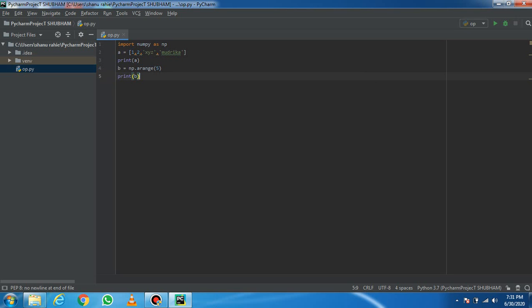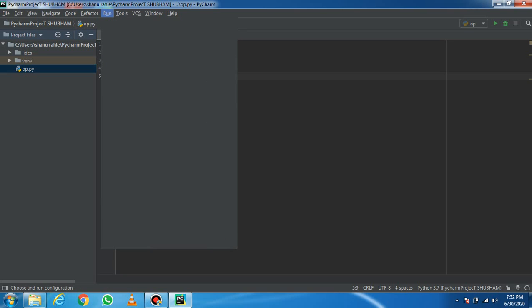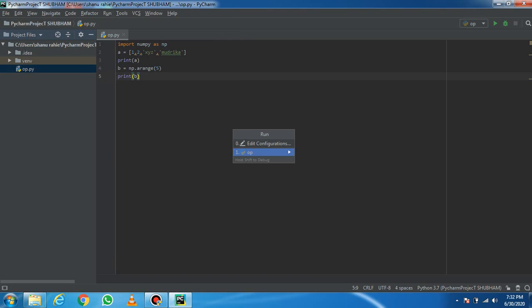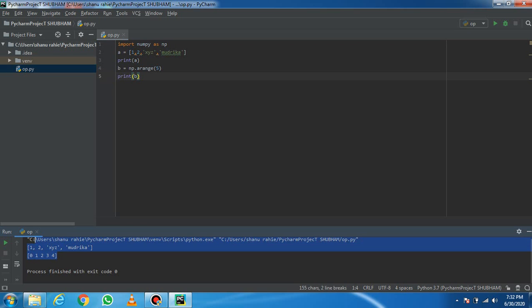I hope this is clear to you. So let's run this file. It's a simple dialog box there. In the third option you have to run this. You can use shortcut keys also, which are mentioned in front of that function. Now you can see that the output is just shown.